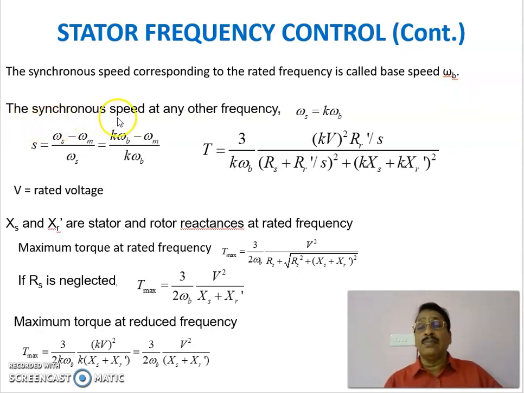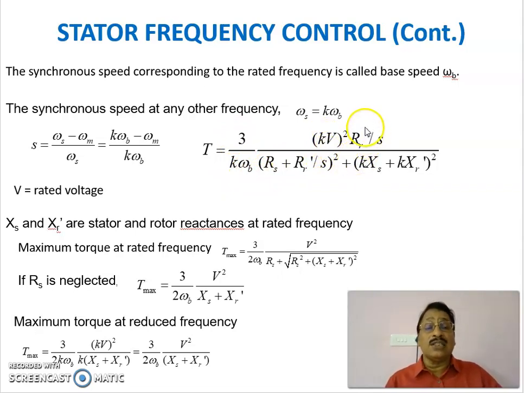The synchronous speed at any other frequency is represented as a constant k times omega b. And the slip is given by, as you know, omega s minus omega m divided by omega s. Then omega s is already k times omega b, so the slip is k times omega b minus omega m divided by k times omega b. And the torque can be written as 3 by k omega s into kv whole squared